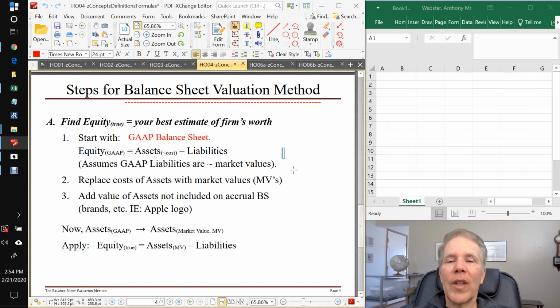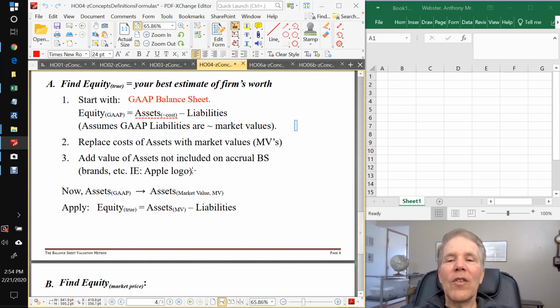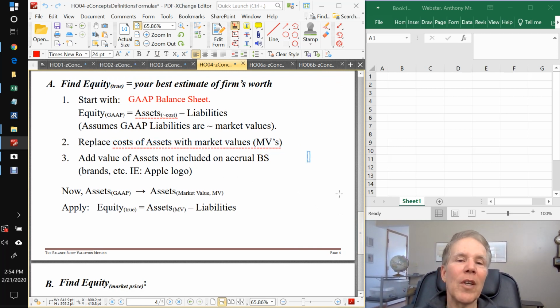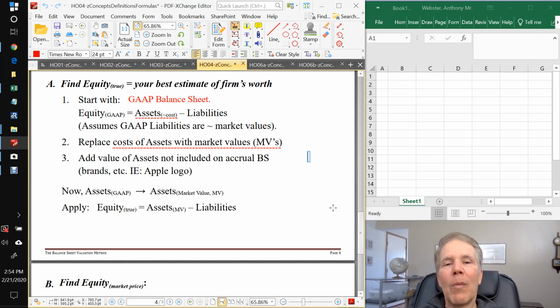Start with that. And the problem that we have with that is that it's showing its assets at cost or cost minus wear. And so we want to do two things. We want to replace the cost or cost minus wear of the assets with market values, and those we have to go out and estimate. For HCP, their big assets are their buildings. They rent out space in their buildings to make money. So we would have to estimate the market value of each one of its hospitals, of its medical office buildings,